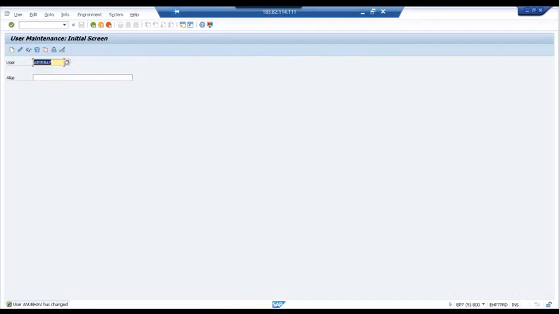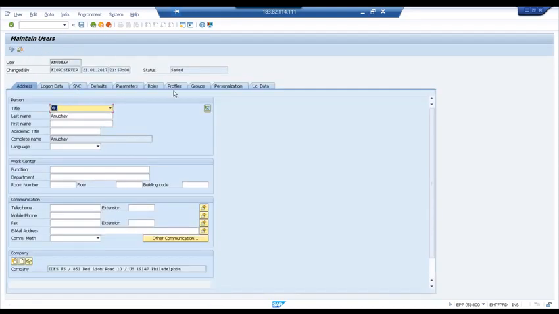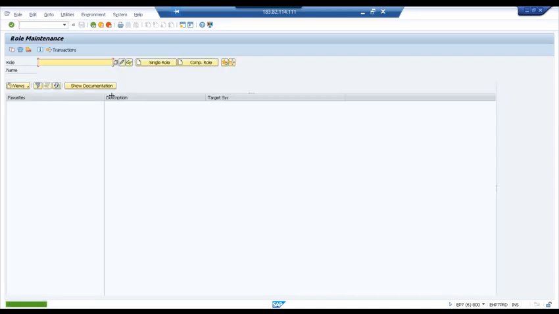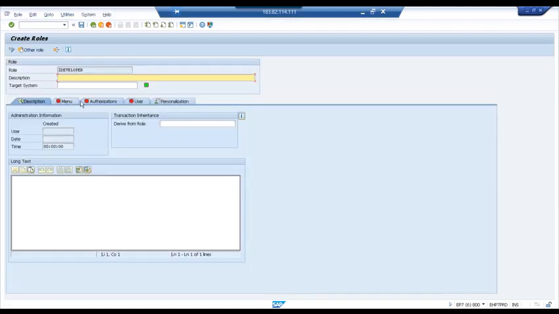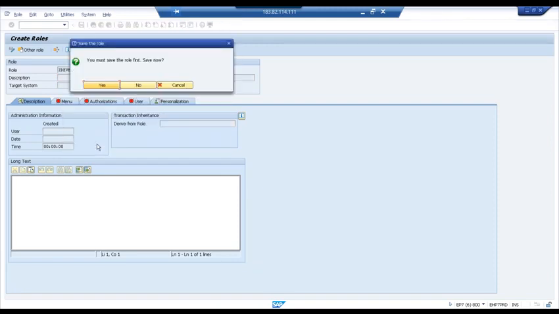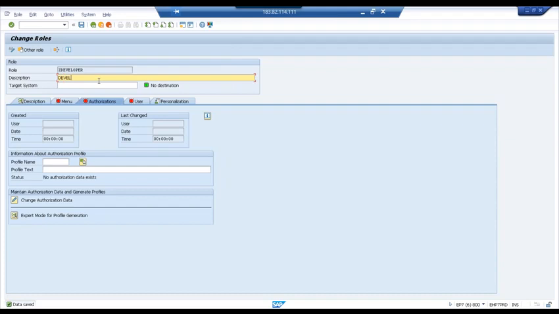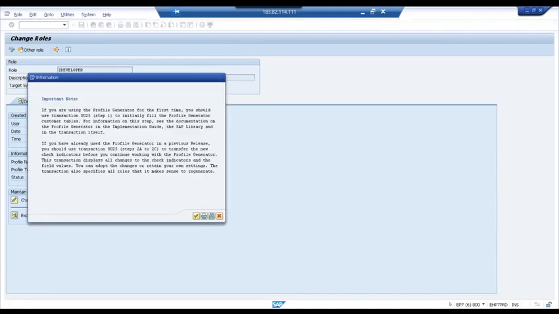I think it needs S_DEVELOP authorization. So let me give the S_DEVELOP authorization to the user. What I will do is create a quick Z role as a developer role and grant it to this user. So I create a Z role in the backend system, PFCG, a developer role, create it, go to authorizations, developer, create a profile, and we have to grant the developer role to the user,